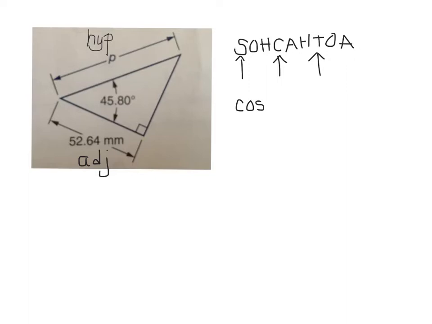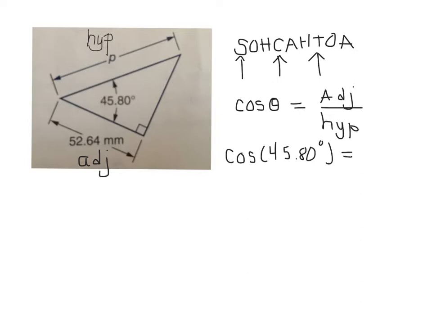So our basic formula for cosine says take the cosine of our angle theta, and it is equal to adjacent over hypotenuse. So in our case, we'll be taking the cosine of our angle, 45.80 degrees, and it will equal the side that is adjacent, which is 52.64 millimeters, over the hypotenuse, which is